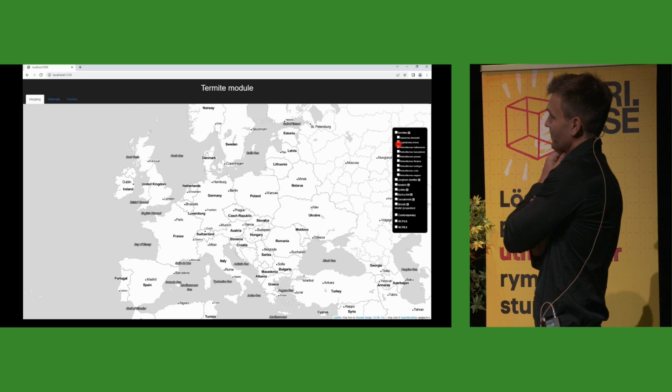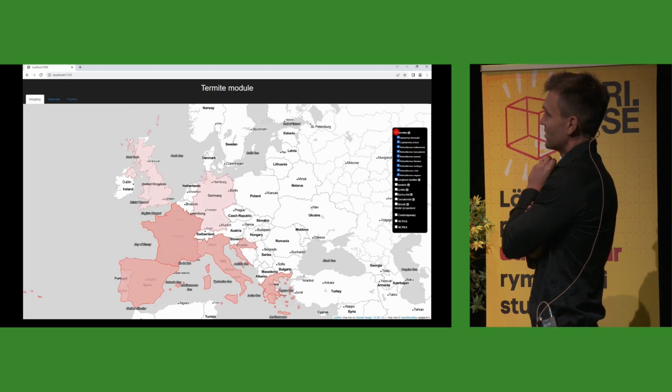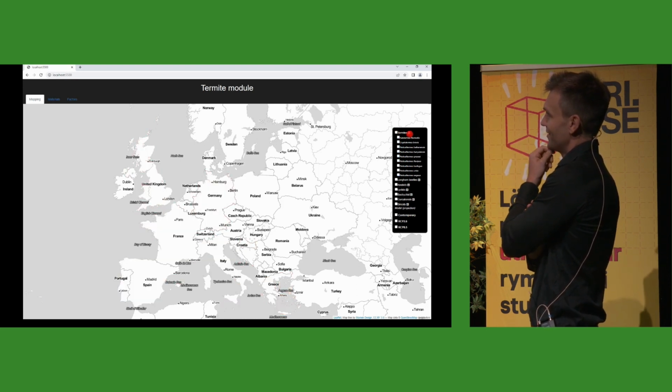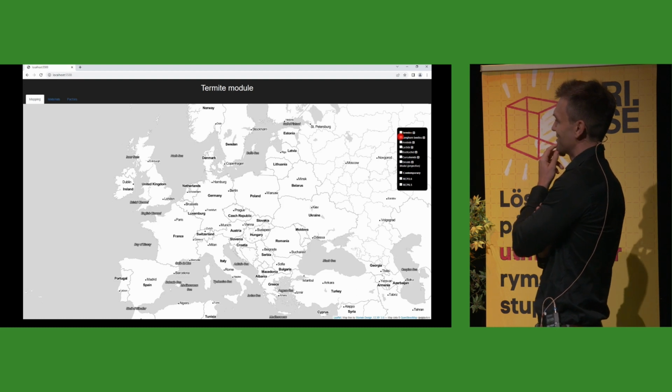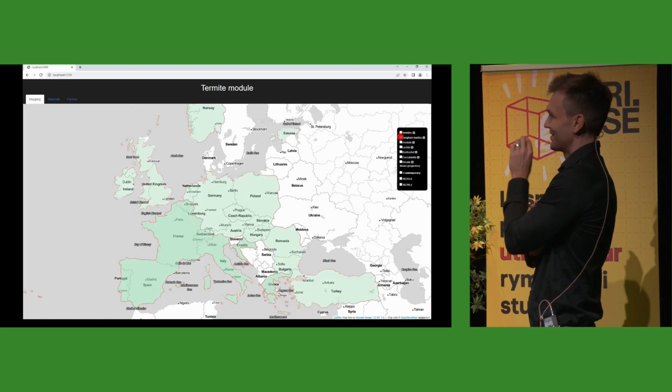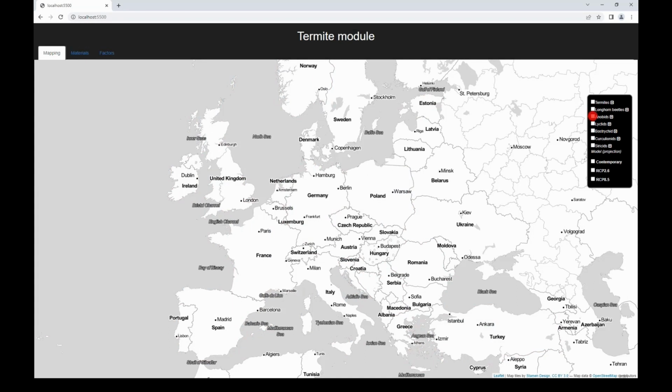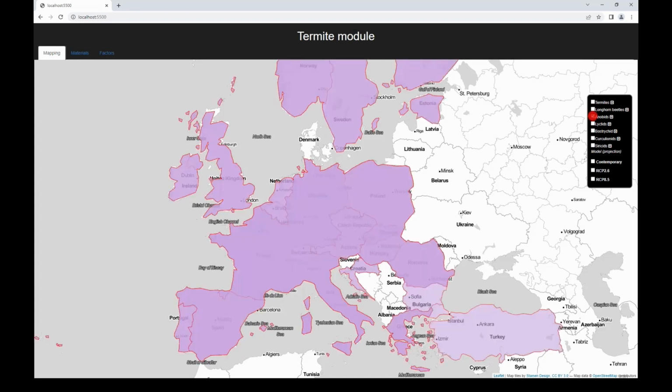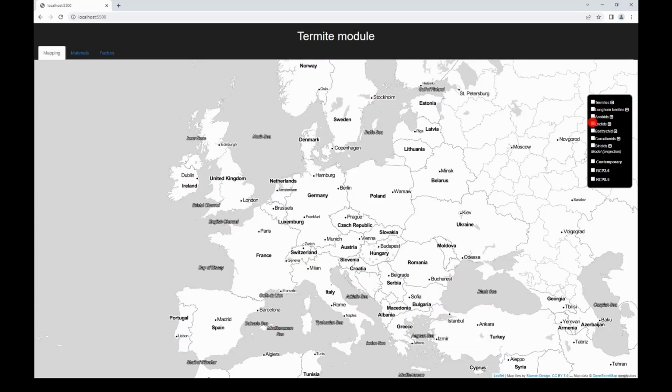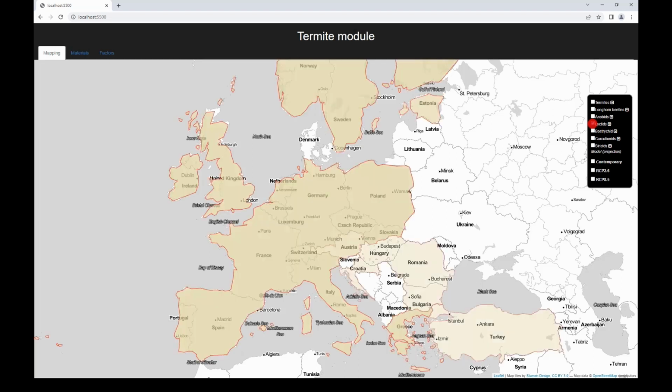This is a quite coarse data set, I would say. For example, you can see that entire Germany and UK are infested by termites, but really it's just isolated cases. I think Germany had like one case, and you don't have to worry too much.